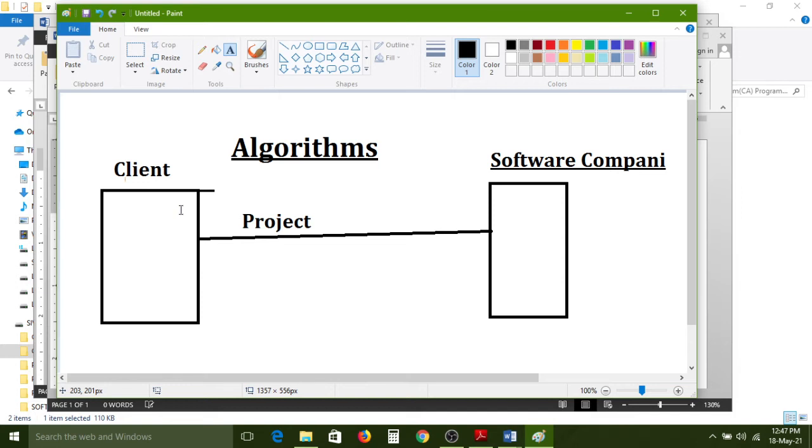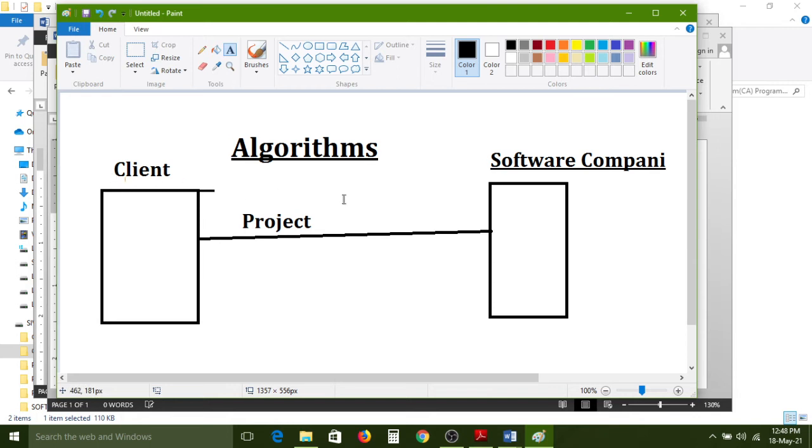For example, the client wants to develop software for his business. Every client does not know the programming code to design software for his company. A business person is only aware of doing business; for the software purpose they don't know anything. So that's why the client will interact with software companies to develop software for his company.